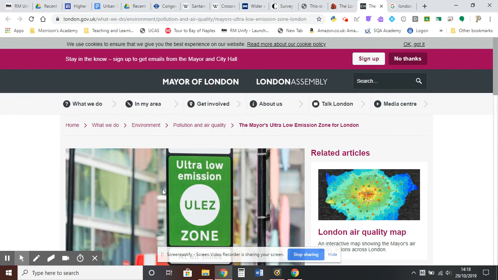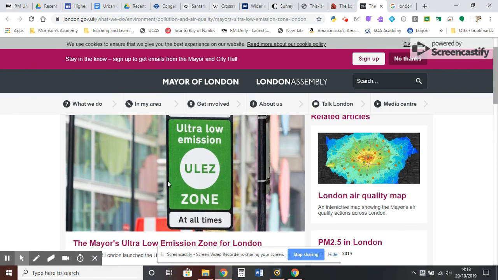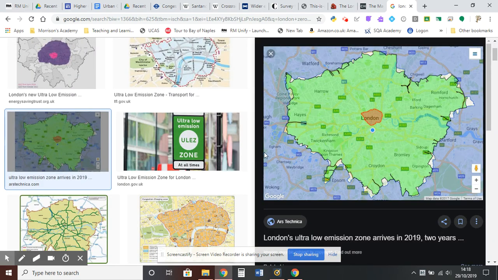And finally, we've got the introduction of the low emission zone, which bans all high polluting vehicles, especially diesel vehicles, from entering the central area of London. We can see this area here, it incorporates the whole central zone. This has helped reduce the amount of dangerous particulate matter, which in the long term should help with some of the problems related to pollution, especially in regards to human health. London has some of the worst health problems related to air pollution. So a lot of vehicles are now having to change. On the negative, a lot of businesses that deliver goods into London have had to change their